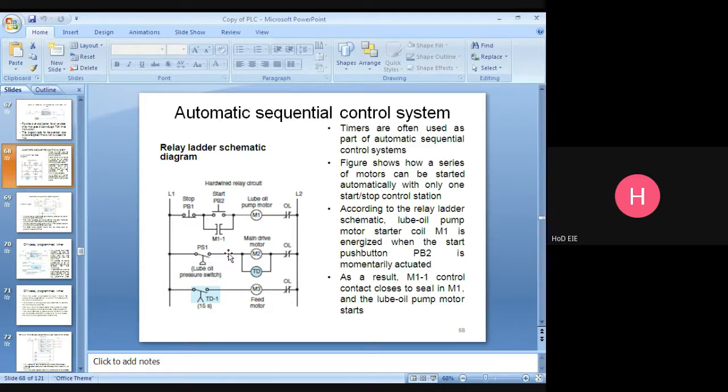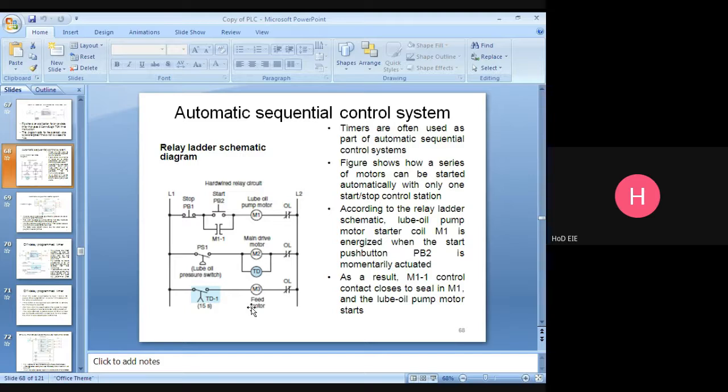Because of that, the main drive motor starter coil will be energized and the time delay coil will be energized. Once the time delay coil is energized, the timer starts timing 1 second, 2 second, up to 15 seconds. After reaching 15 seconds, the feed motor starter coil will be energized.